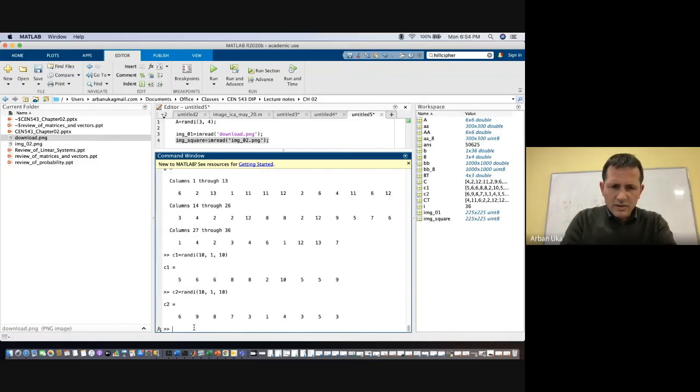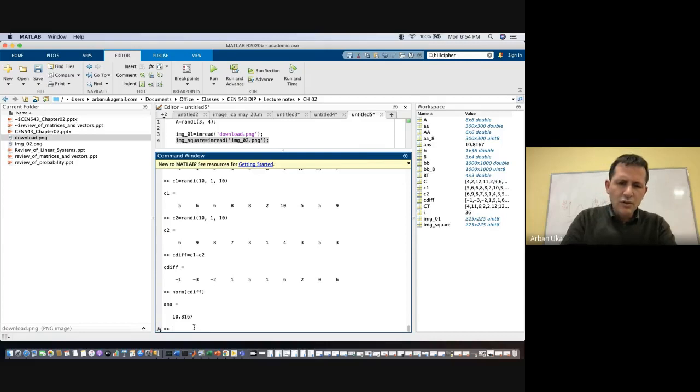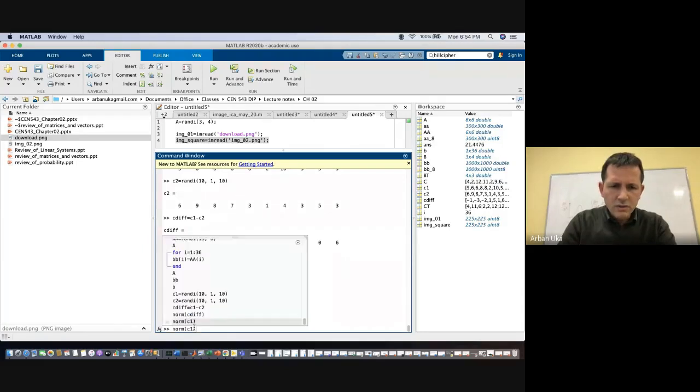This is another vector. These two vectors are randomly generated. But what one can do is that we can find the difference, C difference, equal to C1 minus C2, and then we can calculate the norm of C difference. Apparently the norm is equal to 10.8,